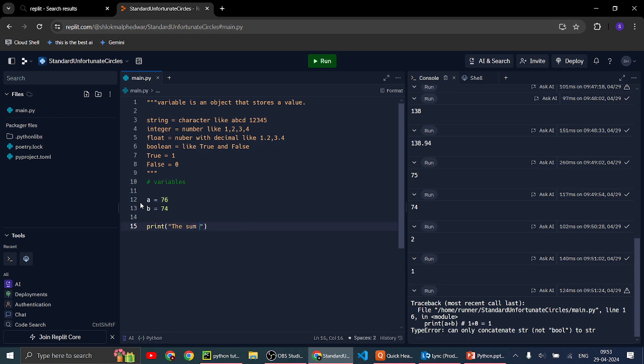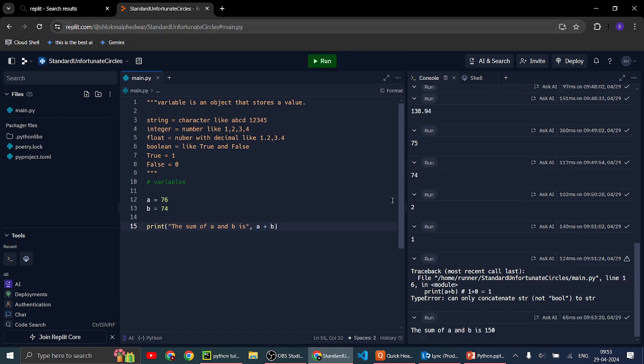The sum of a plus b is a plus b. Now if you run it, the sum of this is this.